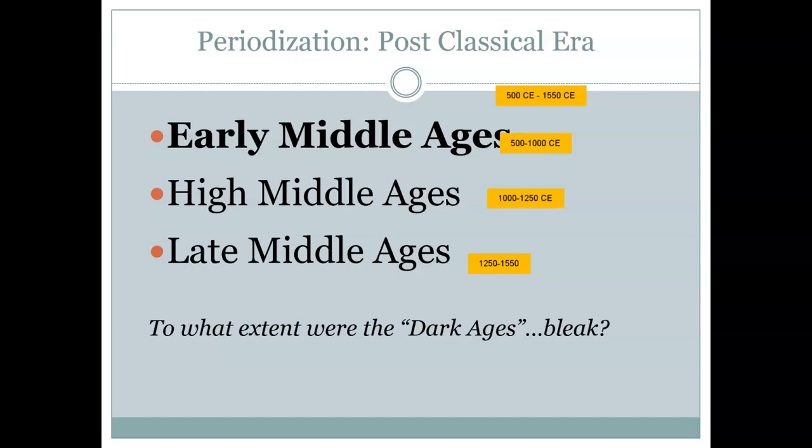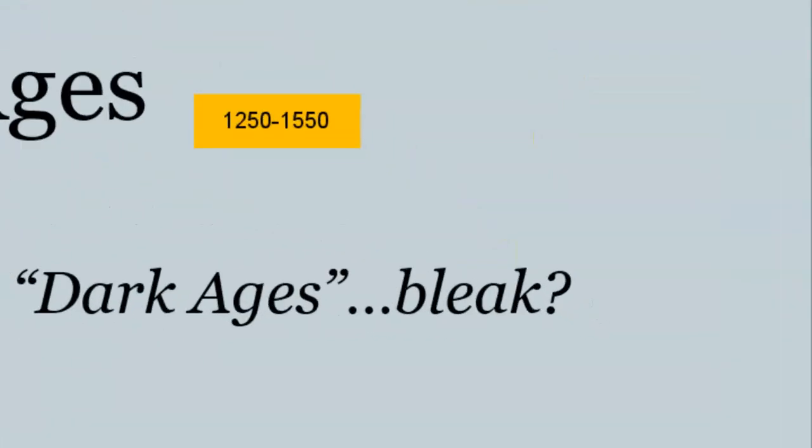The early Middle Ages in the 500s is really beginning as soon as the Roman Empire is on the decline. So one of the bookends that starts off the Middle Ages is the decline of the Roman Empire. At the same time, at the end of the Middle Ages, the 1550 time period, this is around the time of the, whoa, sorry, I didn't mean to do that.